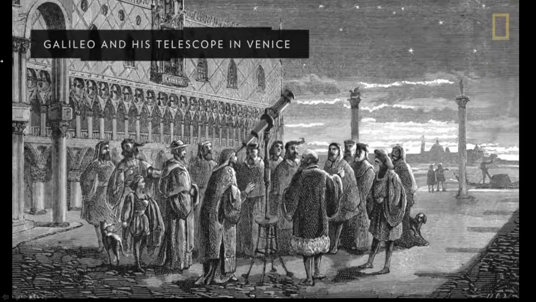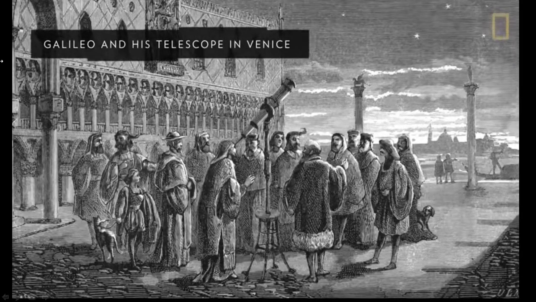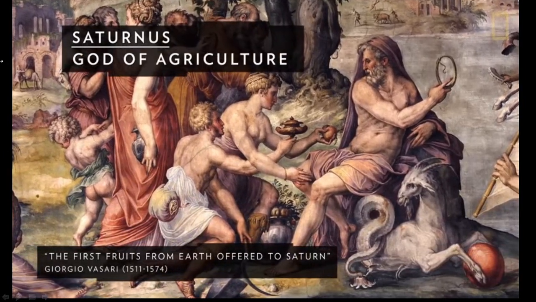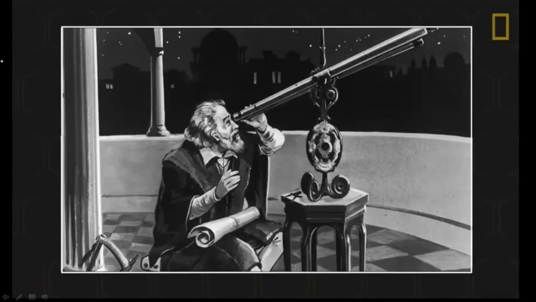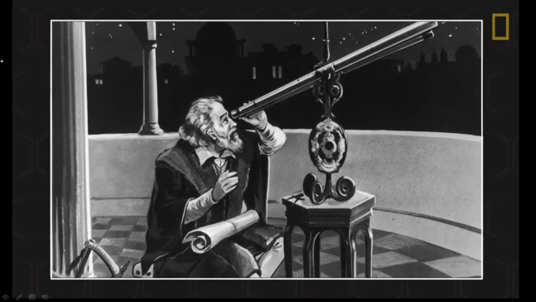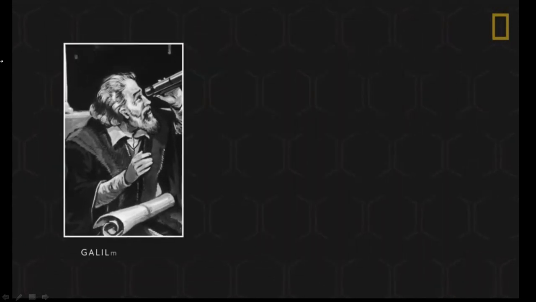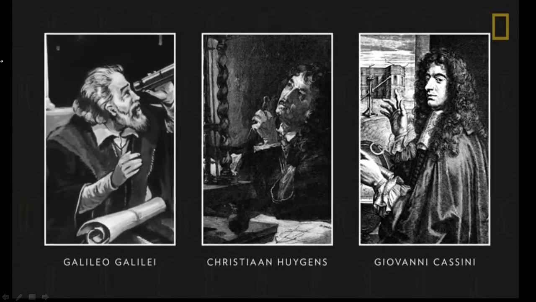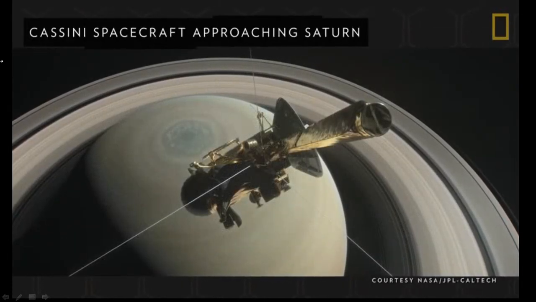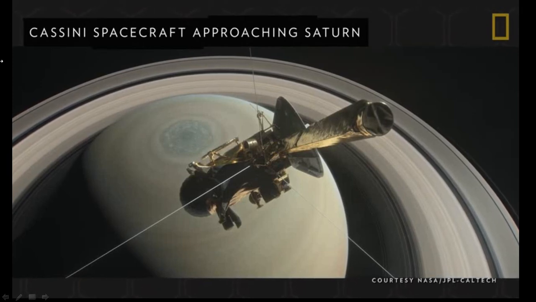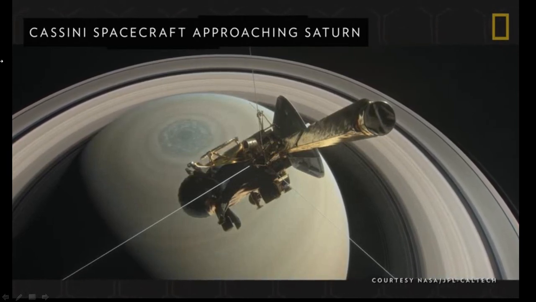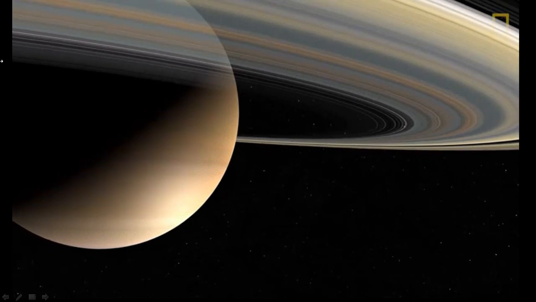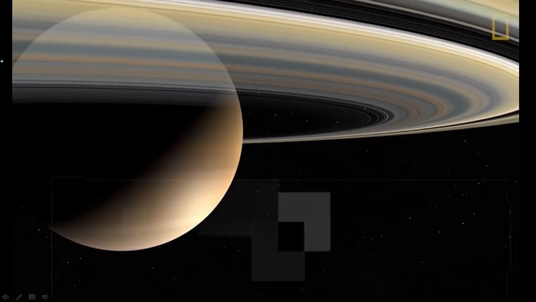Saturn has fascinated scientists and amateur astronomers alike for thousands of years. The ancient Greeks and Romans, who named the planet after their god of agriculture, believed it was a star. It wasn't until the 17th century, after the telescope was invented, that scientists like Galileo Galilei, Christian Huygens, and Giovanni Cassini could take a much closer look. Only then was Saturn's planetary status discovered, and ultimately its many moons and brilliant rings. Because of its planet-like moons, lightweight composition, and dazzling ring system, Saturn continues to mesmerize us to this day.